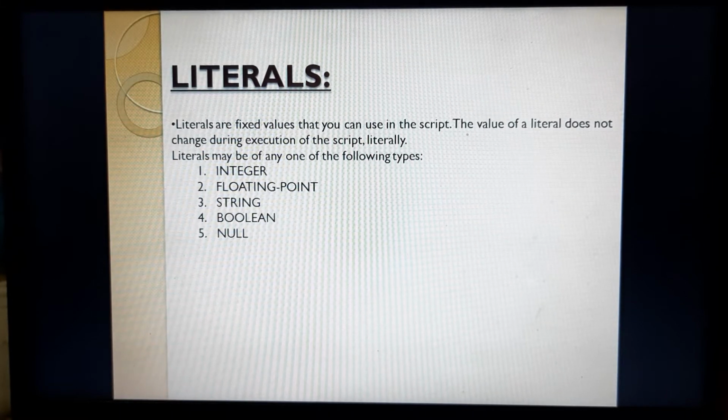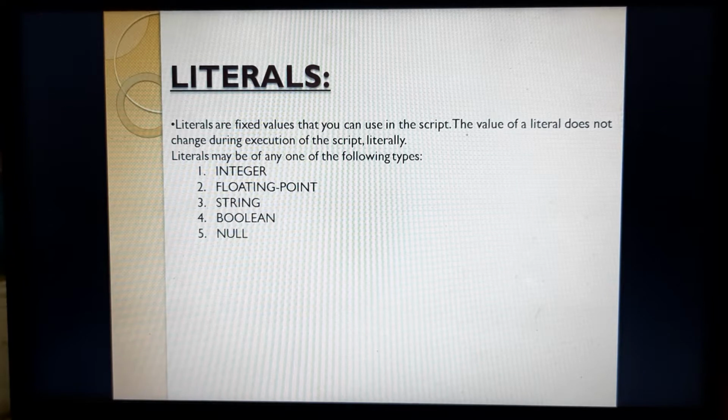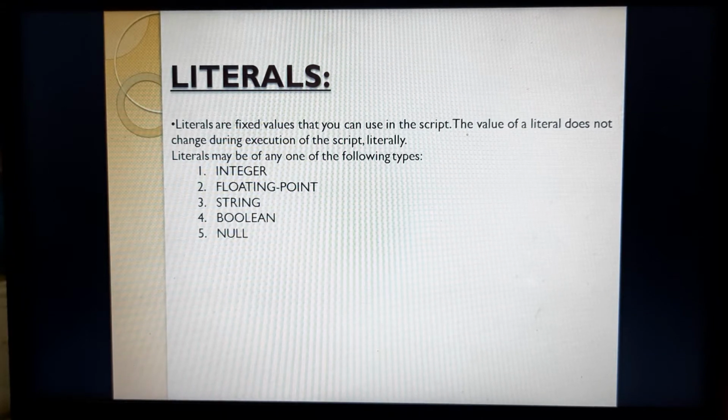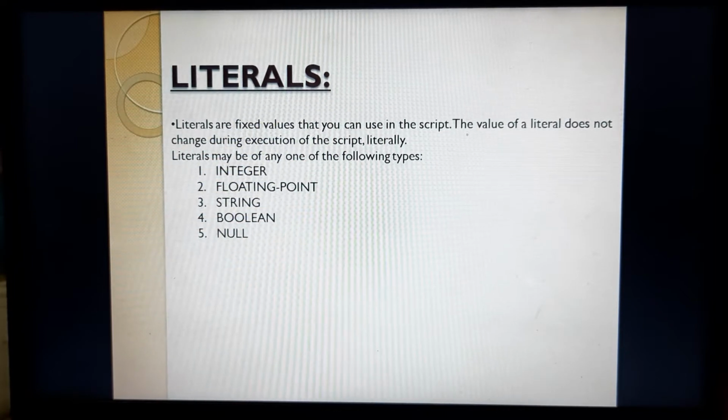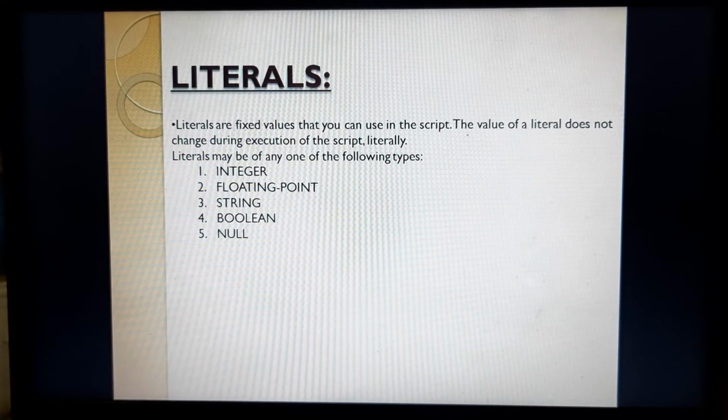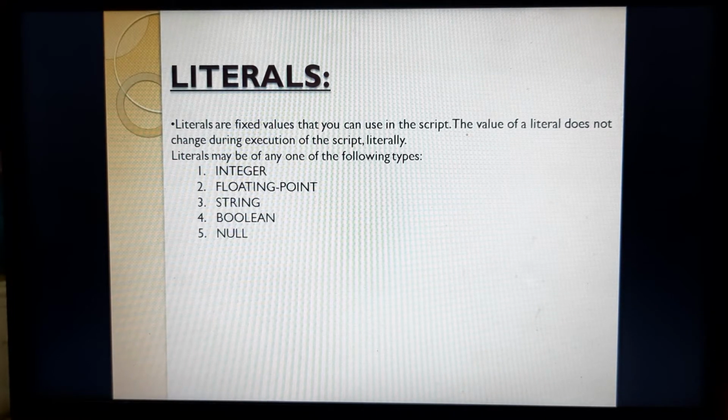The values and their rules, norms, conventions are fixed to the language, so the value remains the same throughout the program. In JavaScript, we have literals like integer, floating point, string, boolean, and null.